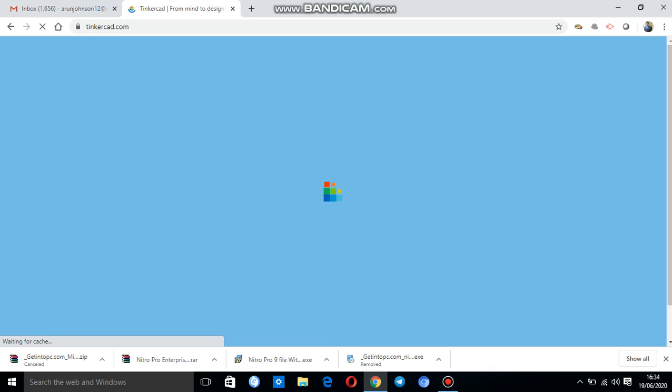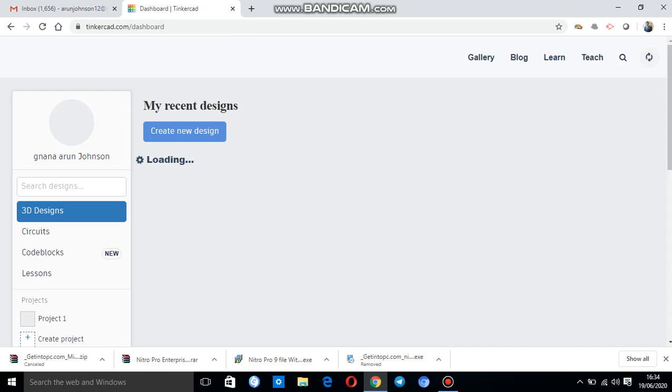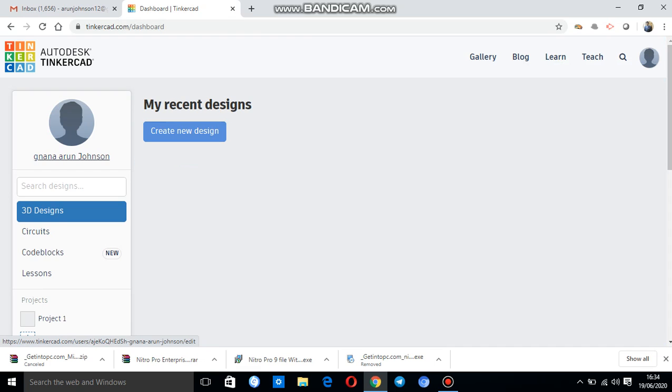As I have already signed in with my Gmail, it goes directly to the dashboard.